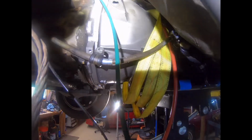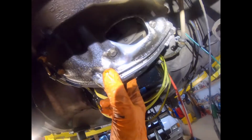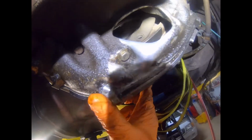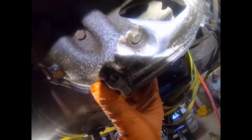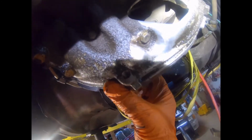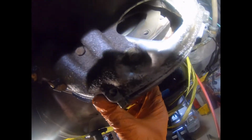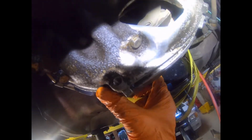What I'm going to do next is just turn the engine over and make sure that the torque converter and flex plate aren't binding in any way. You can see here, if I get the lights right, that I can rotate the torque converter and it's not interfering at all with the flex plate, so I feel pretty confident I can move on to tightening in the other